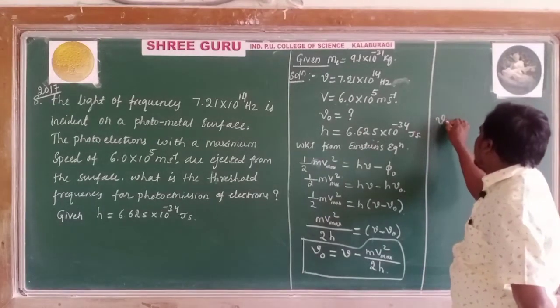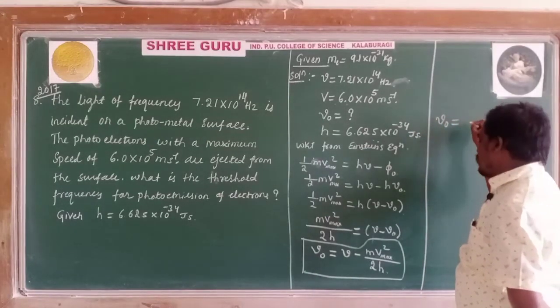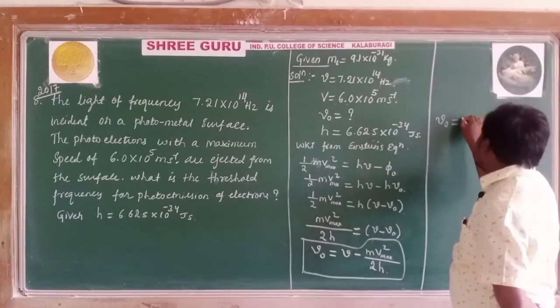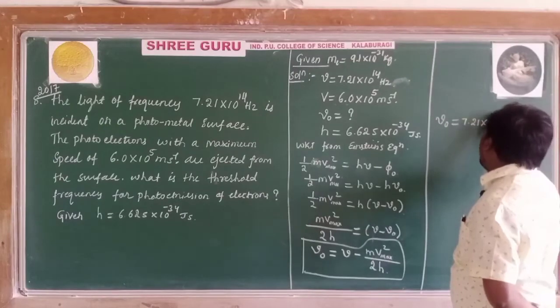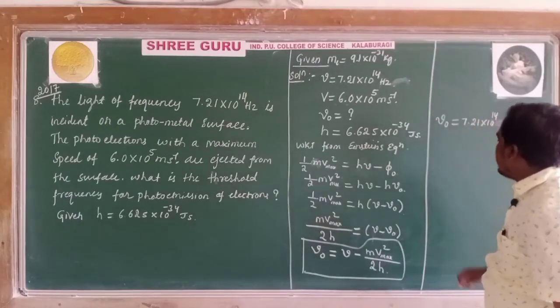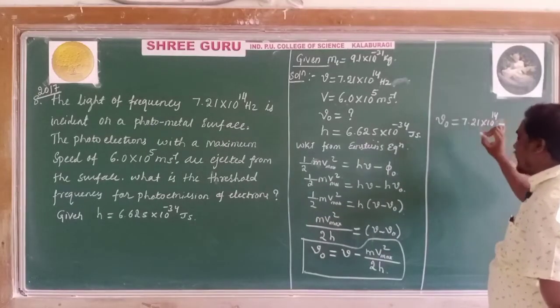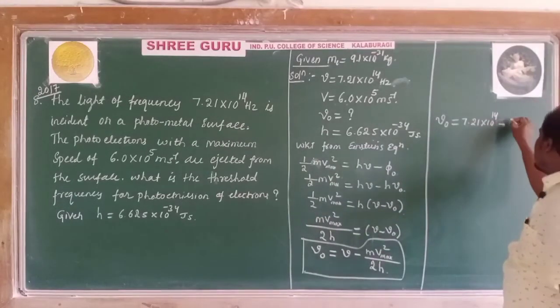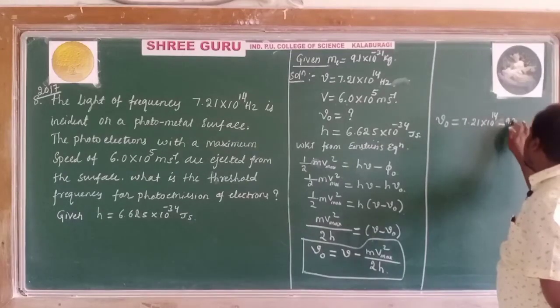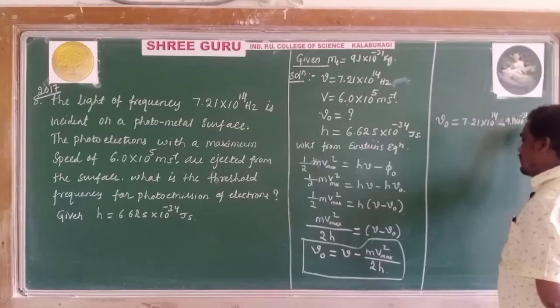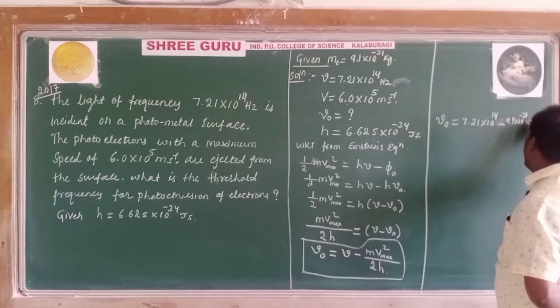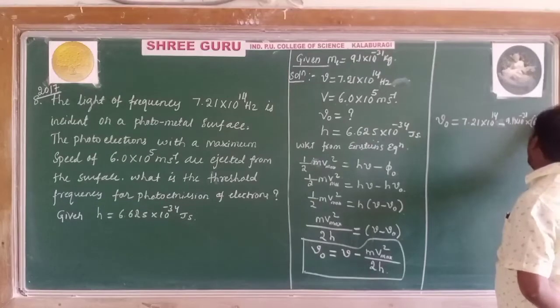Now threshold frequency nu naught, which is equal to, what is frequency? That is 7.21 into 10 to the power 14 hertz. Don't mention the unit here; the final unit you should write. Now mass is 9.1 into 10 to the power minus 31, and velocity square means 6 into 10 to the power 5 whole